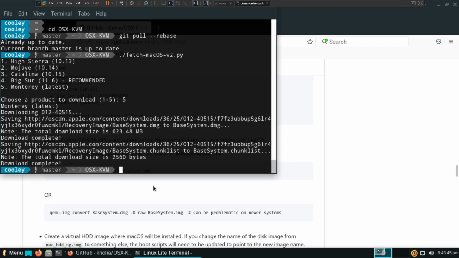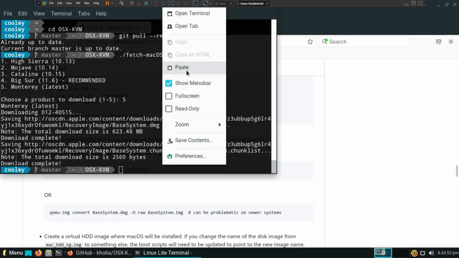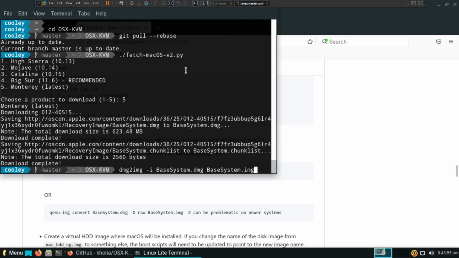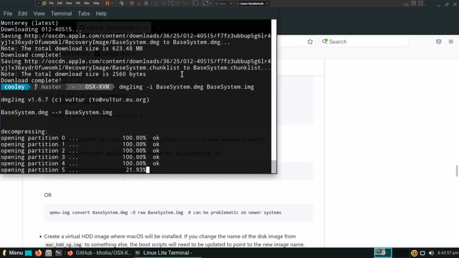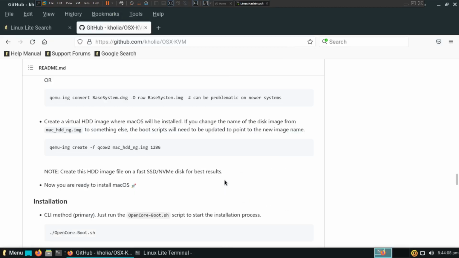So once that's done, go back to the guide, copy this command right here, and paste it into your terminal. And hit enter. And it'll convert the DMG file to an IMG file so you can run it in Linux. Now, we want to copy this command, paste it into your terminal,